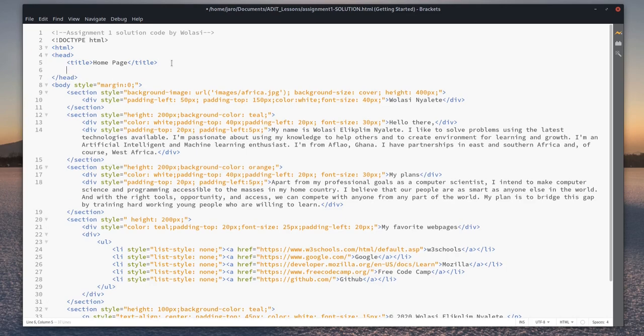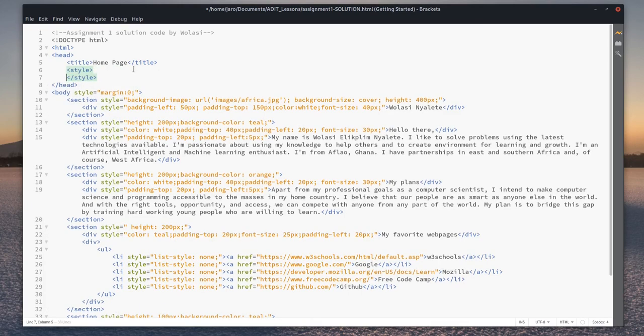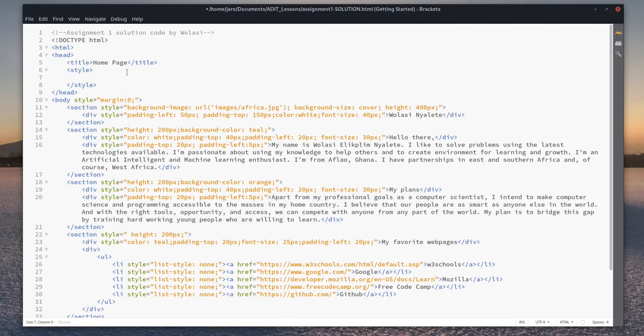if my keyboard will start working, in your head you will say style, right? And then inside this style you put your CSS. There are 3 ways you can select an element and put your style to it. So you can call the element by just the name of the type of element. So here, if I put a section, right? If I just say section,